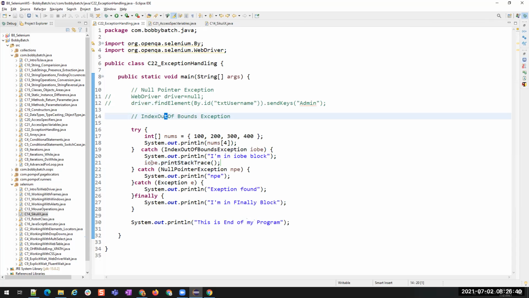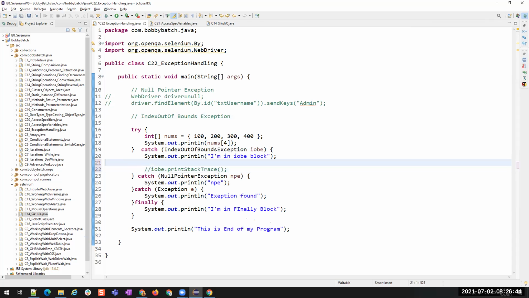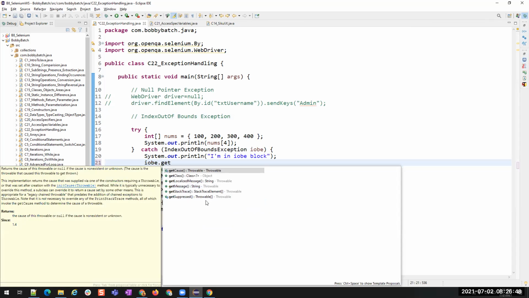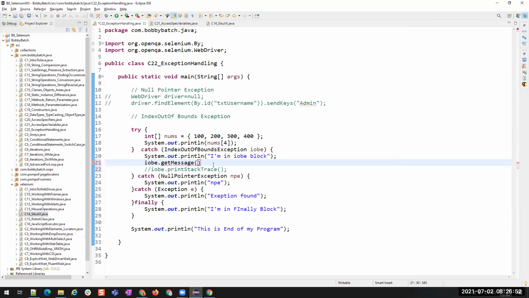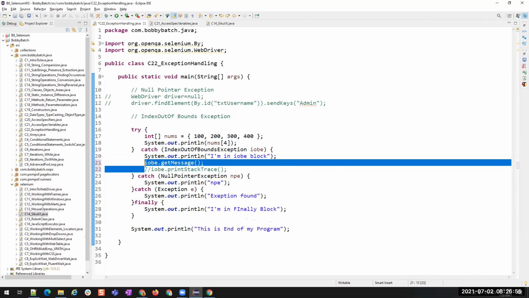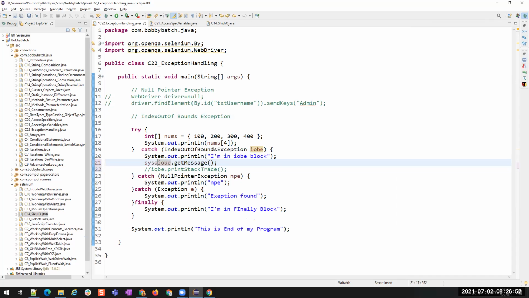Now I don't want the complete information. I want only the message. Then I'll say IOBE dot getMessage, which gives us a string. So I want to print the string, right? So I'll use the system out println. Now let me run this.